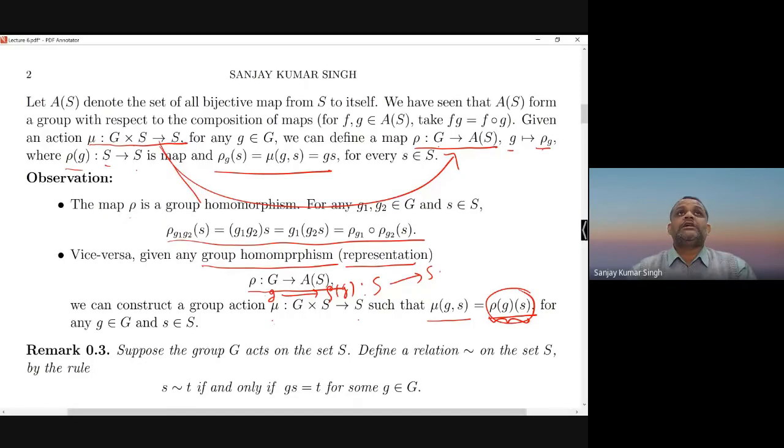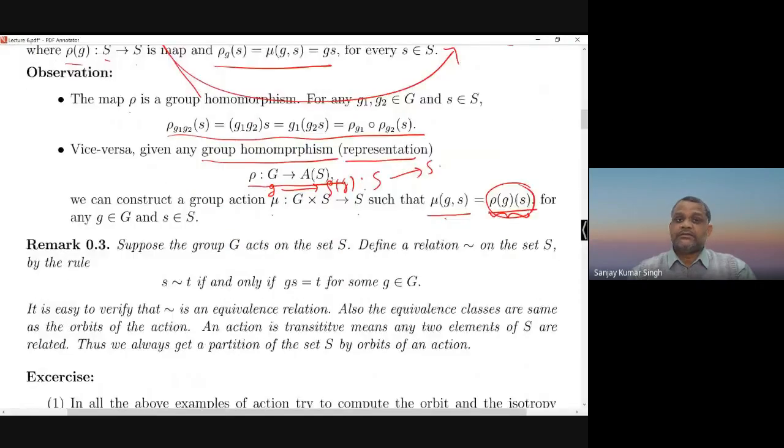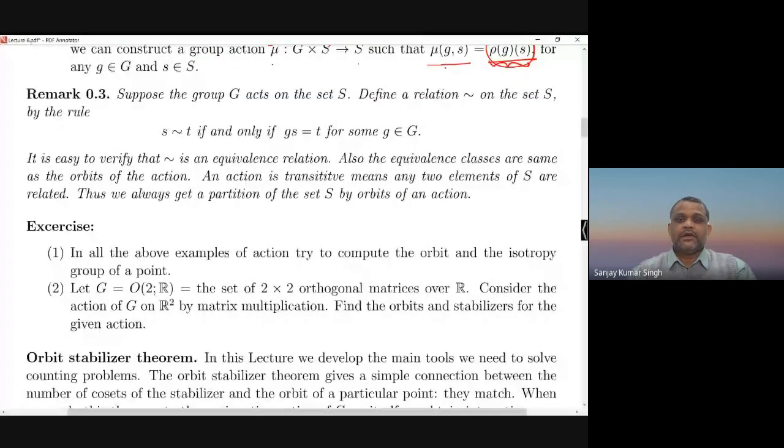And now it is not very difficult to check that this is a group action, and that's why the group homomorphism property helps you. Otherwise, you can always define a map like this, but group homomorphism ensures that this is a group action, and similarly, if it is a group action, then you get a group homomorphism. So there is another way of thinking of a group action also, but right now forget it and come back to the special remark which I started with in the beginning, that a group action is actually an equivalence relation.